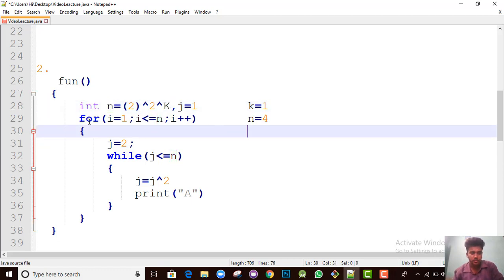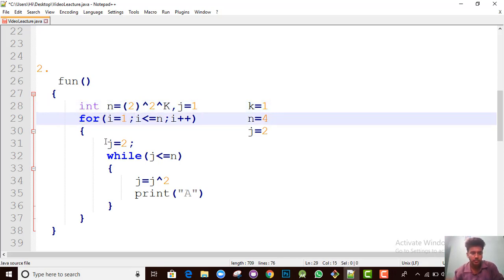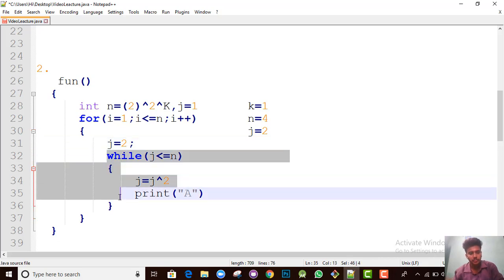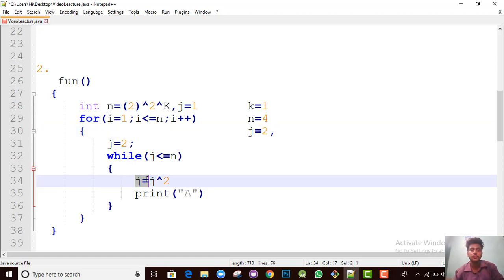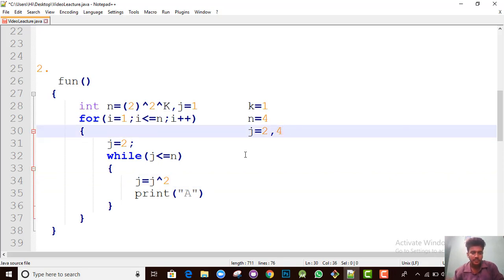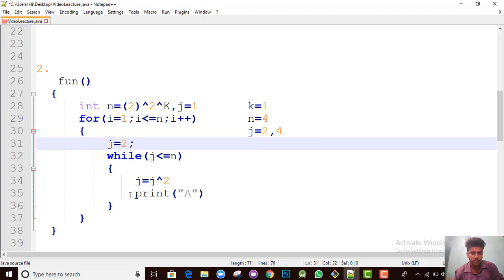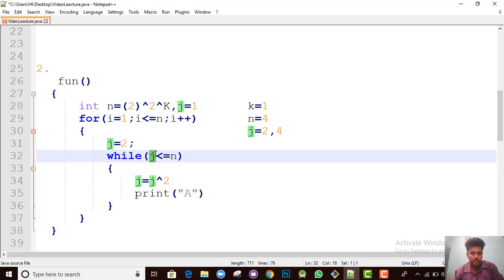And when we enter into the for loop, j becomes 2 from 1, because it is initialized to 1 over here. Then we enter into the while loop, and j will become 4, because j is equal to j square. And this print statement will be invoked 2 times, because first when the value of j is 2, and then again when the value of j becomes 4. So totally 2 times